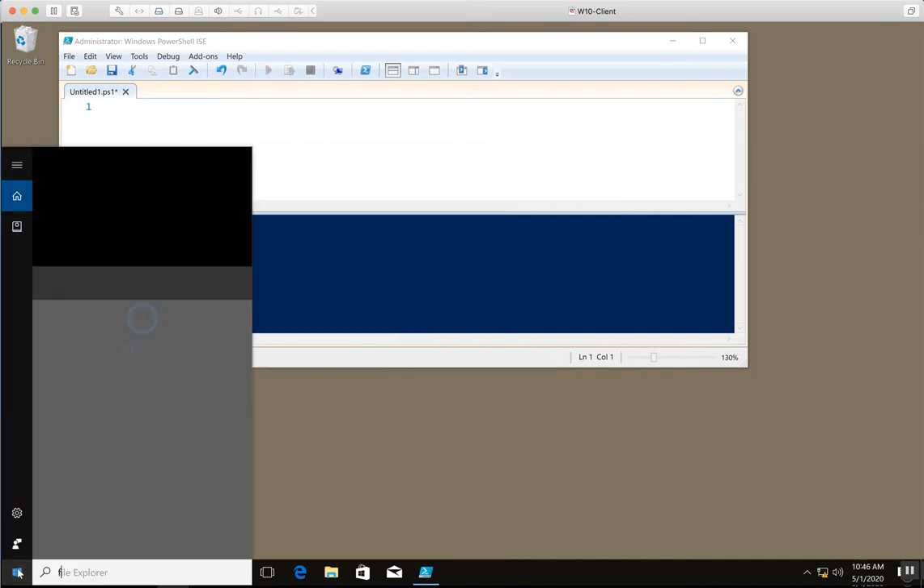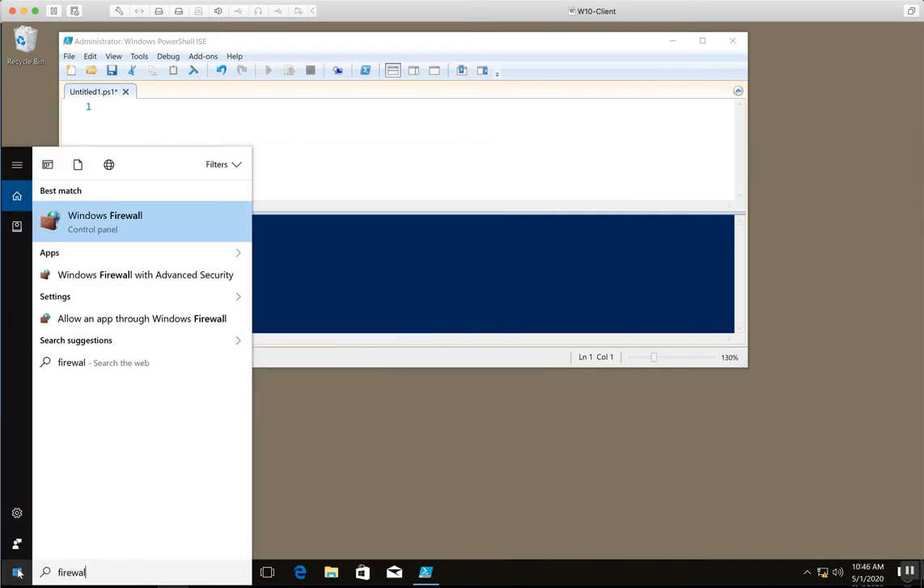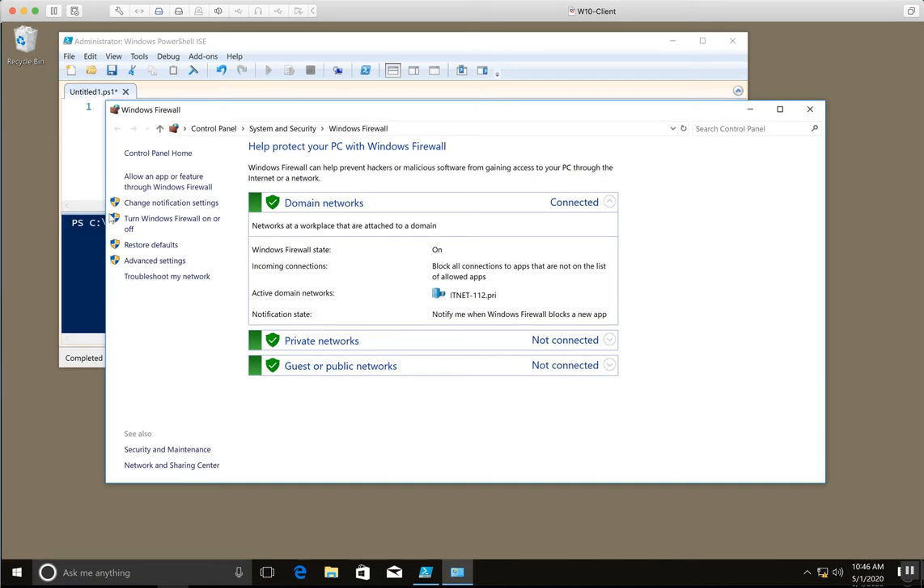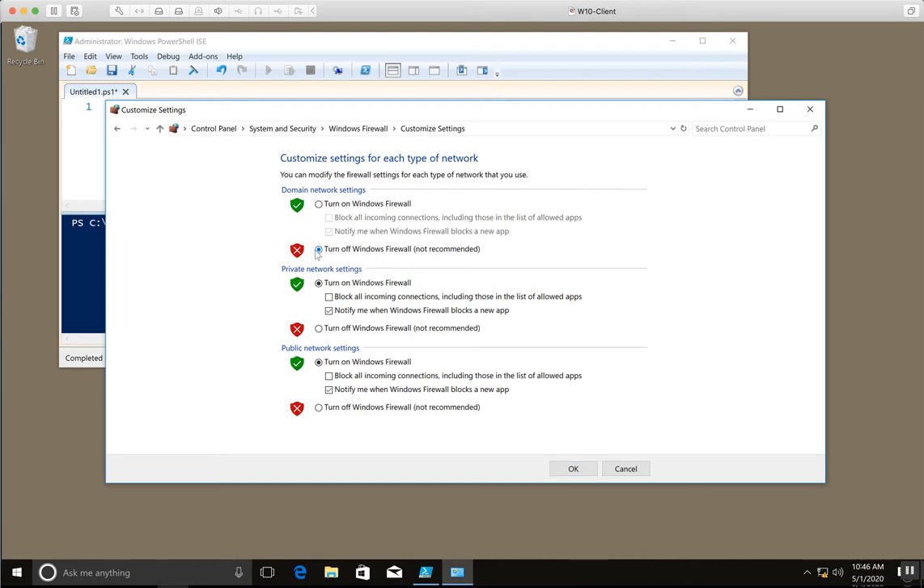but I'm just trying to not make this like a 50-minute screencast here. So let's just turn the Windows firewall off. There we go. Done. I'm just turning it off for our domain network profile because this machine's part of a